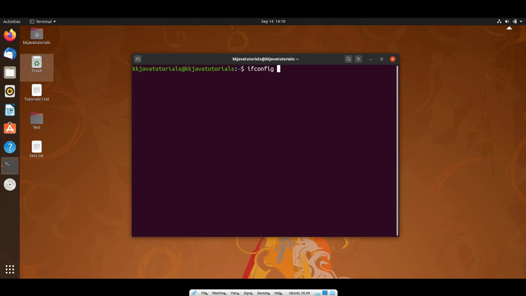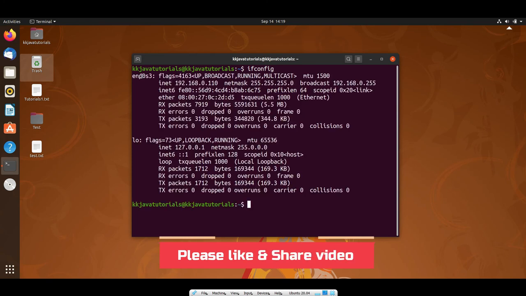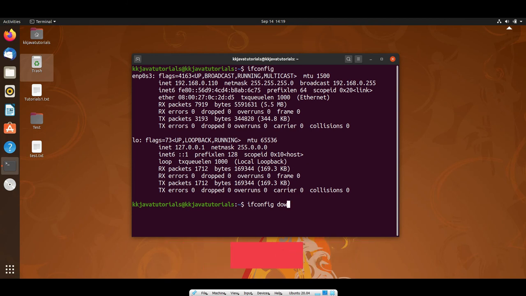Down and up. So here you can give your interface name. Or simply you can write ifconfig and let's say down. If I press enter, then it is showing interface name not specified. So here you have to give the interface name.